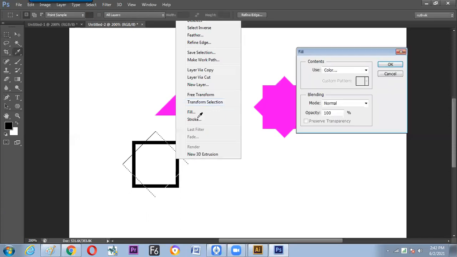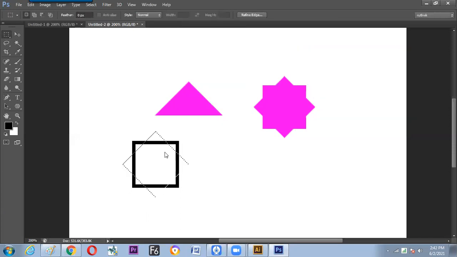Get it filled with the strokes. Cancel. Stroke. So here we have seen how to make open shapes. Is it clear? Now you can see it is not only the rectangle, we can make millions of designs. Millions of designs.